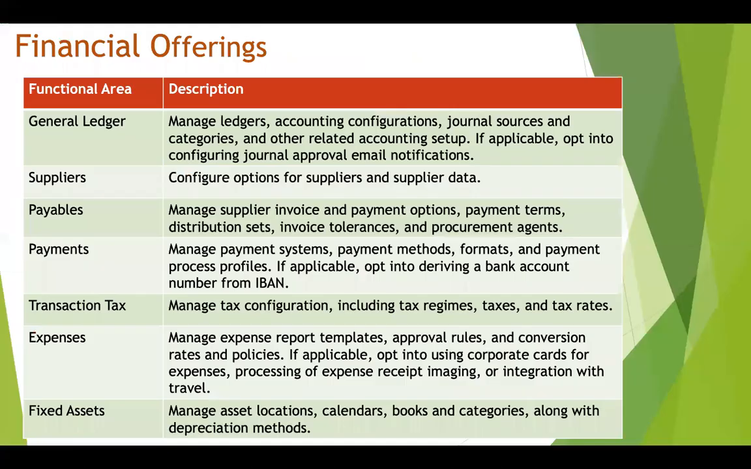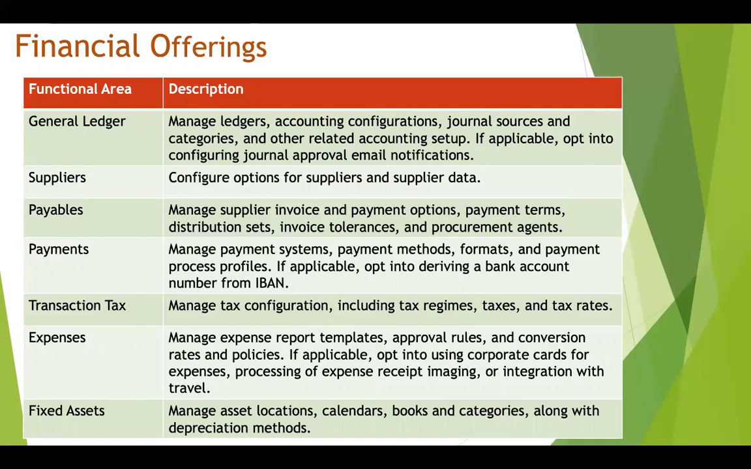Let's move on. These are the different offerings in the financials. Just giving an overview: general ledger, different ledgers, accounting configurations, all journal sources. Finally, all your transactions turn into journals. These are the supplier configurations, because you can share suppliers and supplier sites across different business units. Earlier that functionality was not there in EBS, but cloud came up with this concept. They came up with a separate module, or separate offering I would say, for supplier and supplier data, payables, different invoices for the payments, then transaction tax,